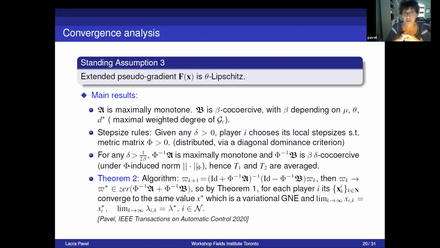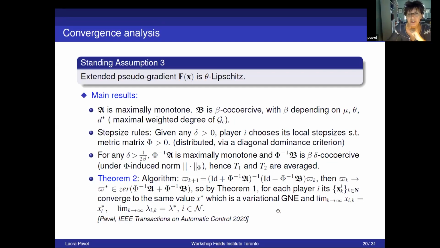So under that condition, we can show that not only is A maximally monotone, but B is beta coercive, with this beta depending on what? On the strong monotonicity of the game property from the beginning and the Lipschitz, and the maximal weighted degree of the communication graph. And then we can actually have some properties for the preconditioned operators phi inverse A and phi inverse B under the induced norm, and that's why we needed that phi to be positive definite. And then one can use the standard Gaussian-Combet results in terms of T1 and T2 being averaged, and